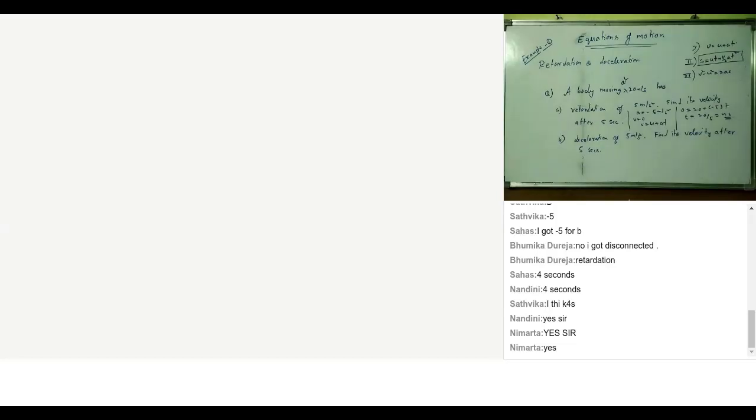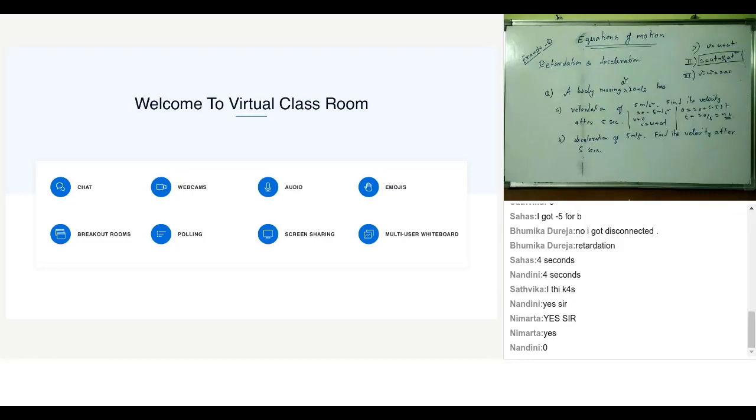All of you are getting it? So what would be the velocity at 5 seconds? If it is at rest, it should be 0. So if the body is retarding, the velocity of the body after 5 seconds would be 0. After the body stops, it wouldn't move again. That's the meaning of retardation. You're applying brakes, the body stops. Unless you turn the car back and accelerate again, it will not move. So retardation only talks about the slowing down till the body stops, with the application of brake or something.